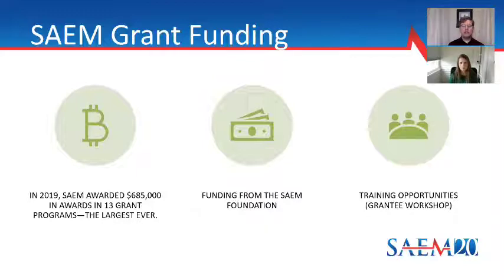Over the last several years, SAEM has been increasing the amount of awards that it has offered for research and education activities. In fact, in 2019, SAEM awarded $685,000 in research and education funding in 13 different grant programs. Those funds come from your donations to the SAEM Foundation. Donations are aggregated together in a corpus of funding, and the earnings off of those funds are used to fund